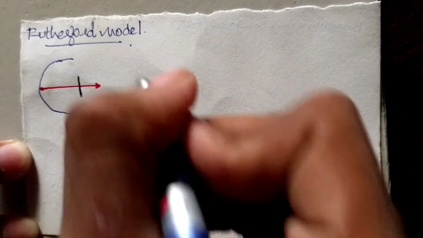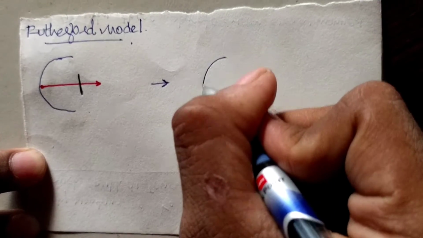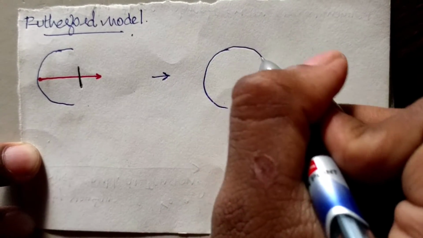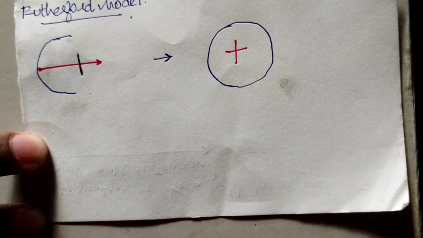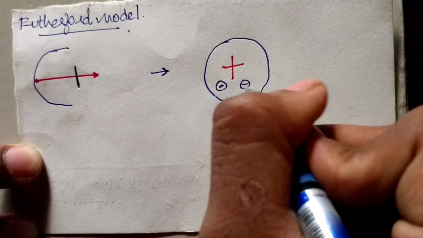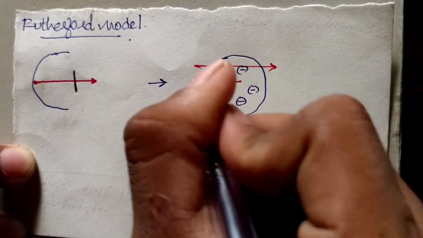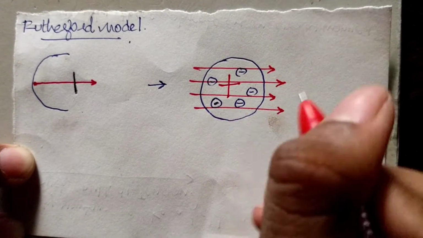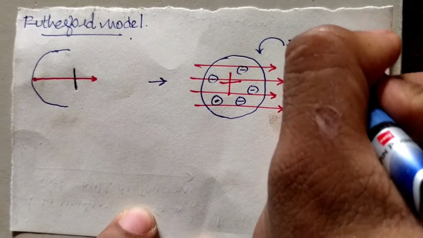Some rays were getting bounced back, and some were deviating at a certain angle. Out of millions of them, only one or two bounced back, and six or seven maybe got deviated at different angles. So he concluded that there is something